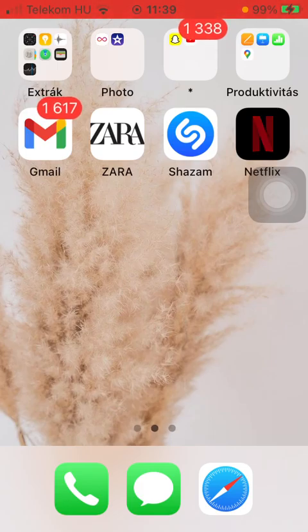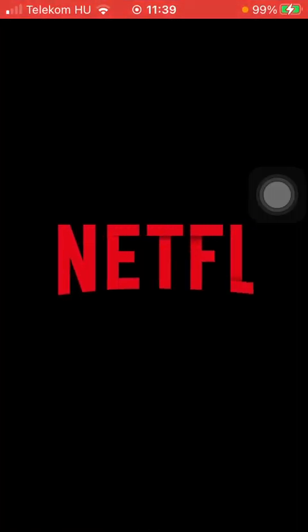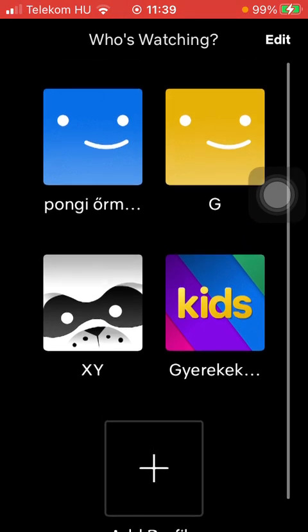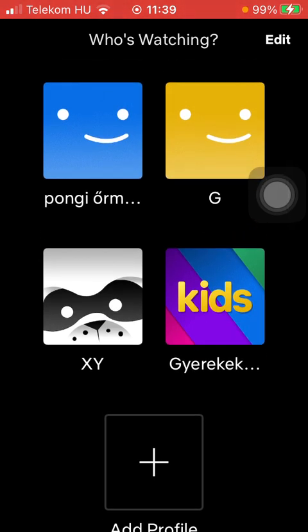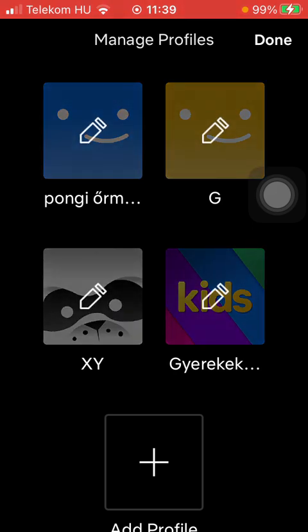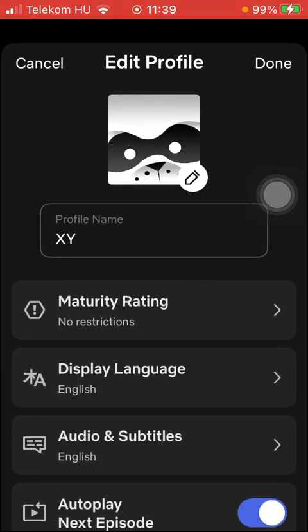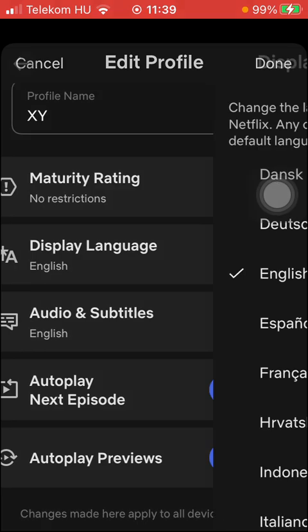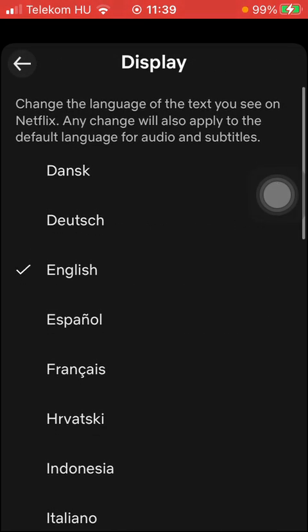First of all, open the application on your phone. Then tap on the edit button that you can see in the upper right corner of the screen. Now tap on the account that you want to use. Then scroll down till you find the display language section. Tap on it, and now you can change the language